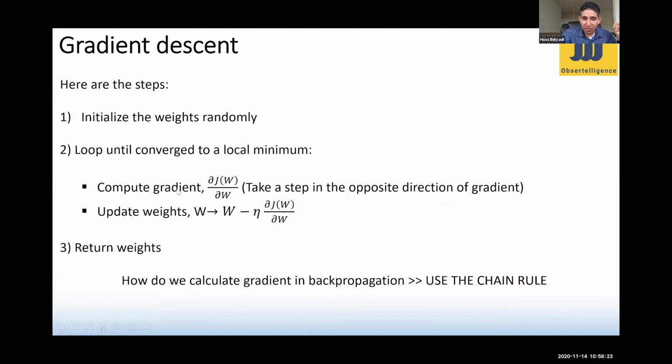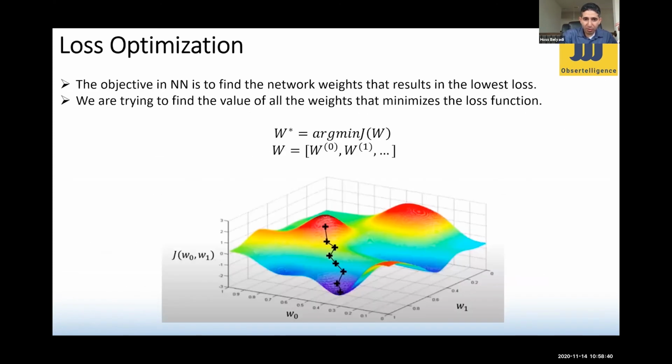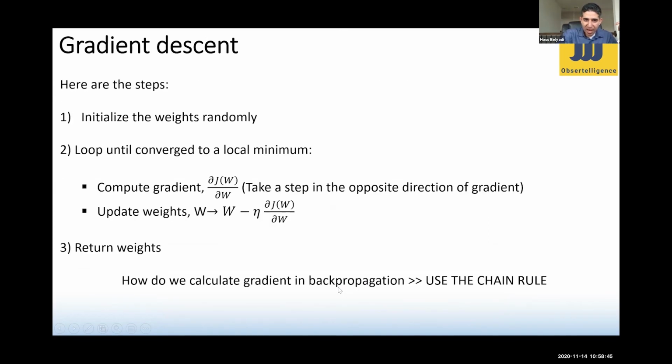So you compute the gradient. If you don't remember what gradient is, I'm sure you have passed the calculus course. Go back to the fundamentals of gradients and how they work. So you basically take a step in the opposite direction of the gradient, which is essentially going down, right? You're going down. And then what happens? Then you update the weights, right? You calculate the gradient, then you update the weights, and then this eta parameter here